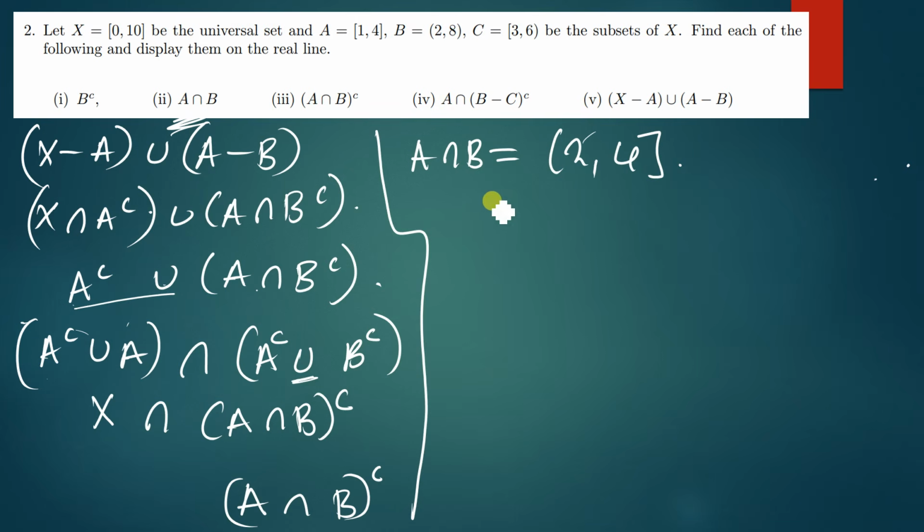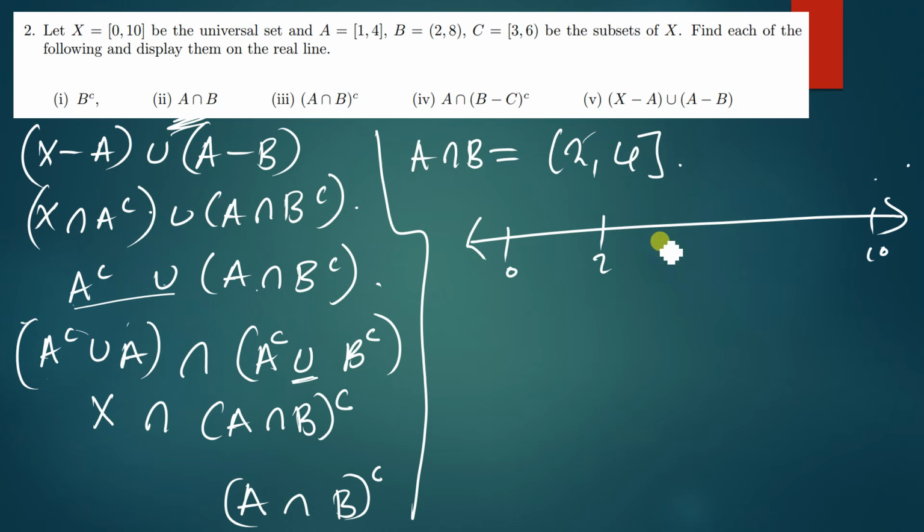Okay, so now to find the complement of this set, we are going to start from the universal set. Let me just draw this. So the universal set is from 0 up to what? Up to 10. And then our A intersection B is simply from 2 to 4. So it's open at 2 and closed at 4. Meaning our complement will be everything that is remaining outside this part here. This is A intersection B. The complement of this part will be,